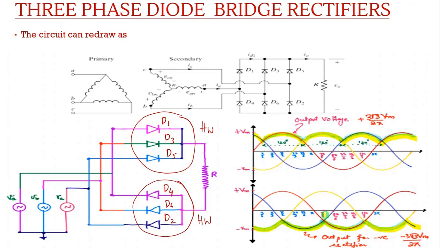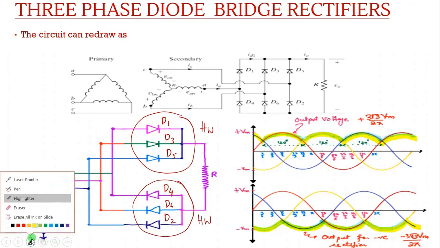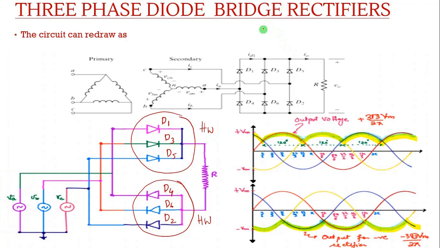Okay, and the average output voltage will be the combination of both half cycles. And one more thing, in the case of a half wave rectifier, we came to know that VDC, the average output voltage in one cycle, is 3 root 3 by 2 pi Vm. So here, in this positive half cycle, we will be getting average voltage 3 root 3 by 2 pi Vm,